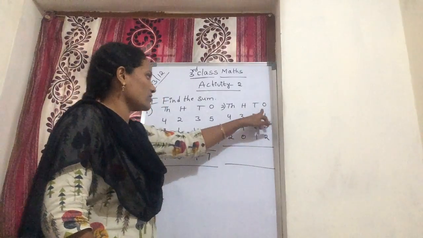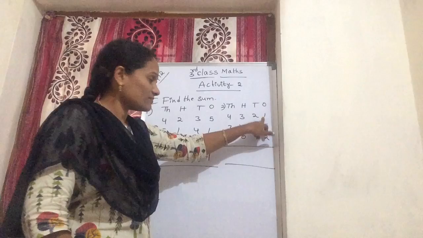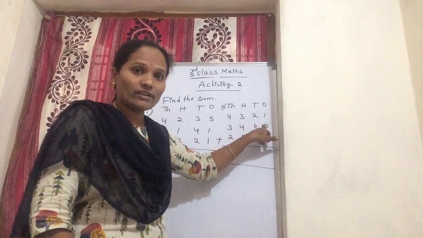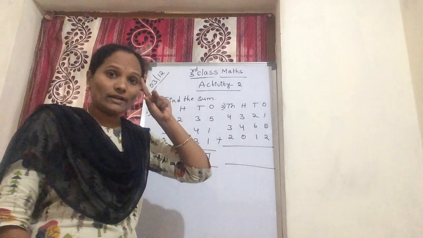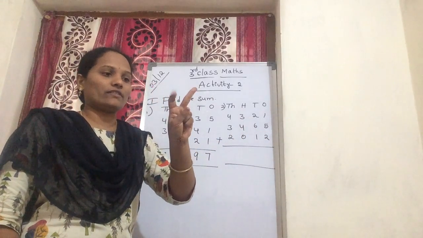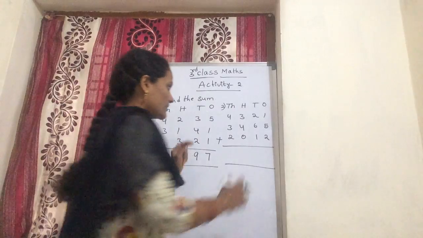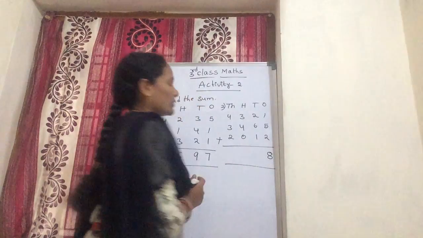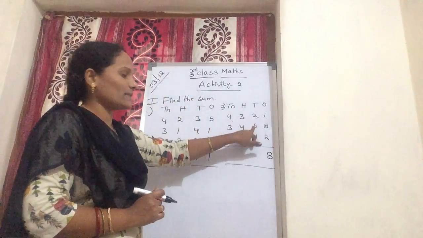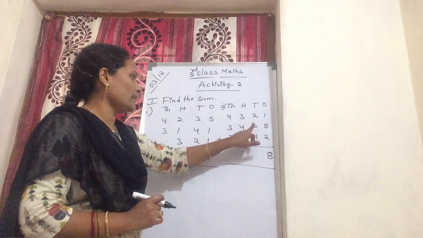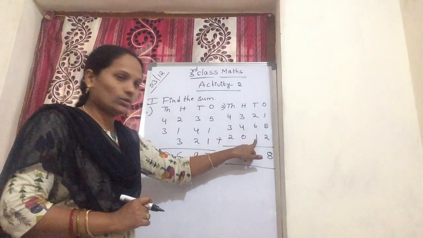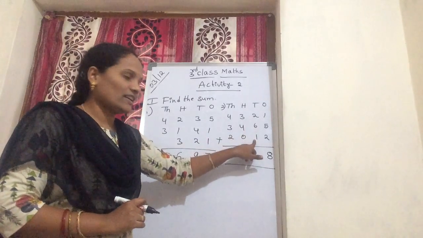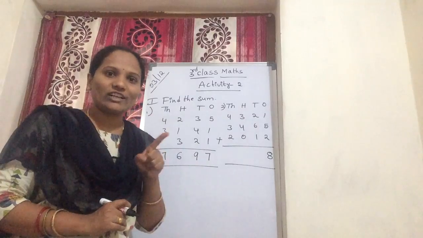In your ones, the first number is 1. 1 plus 5 is 6. Keep 6 in mind. 6 after 2: 7, 8. So 6 plus 2 is 8. Now 8 plus 1. Still one number is there, so you are adding 8 to this one. 8 plus 1 is 9.